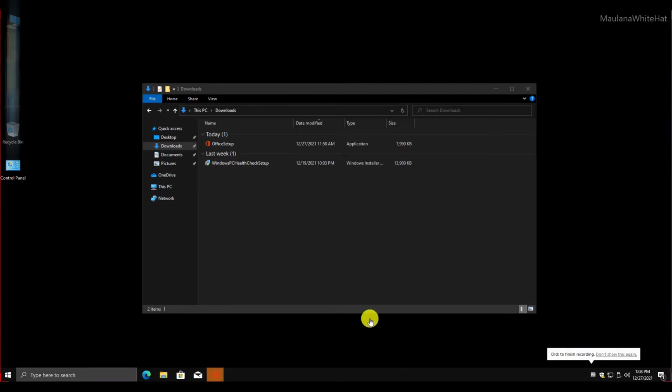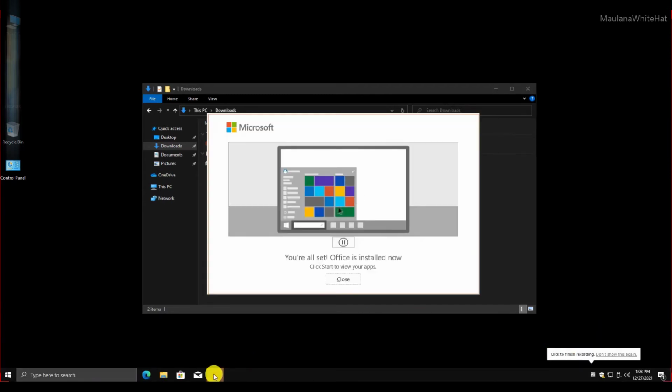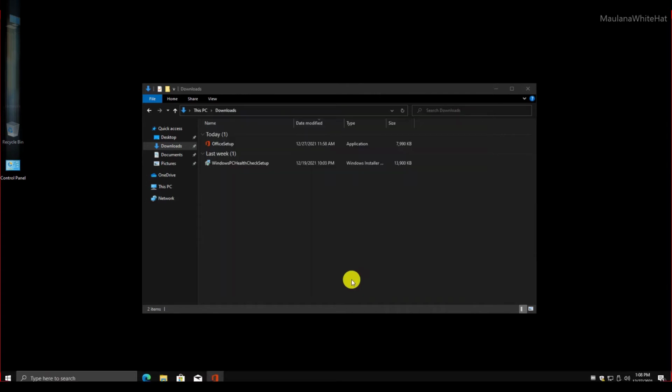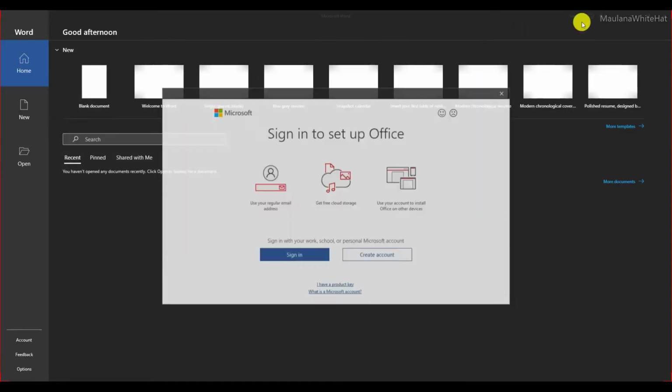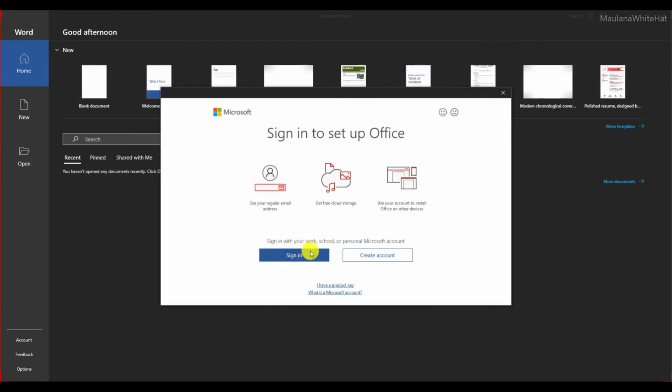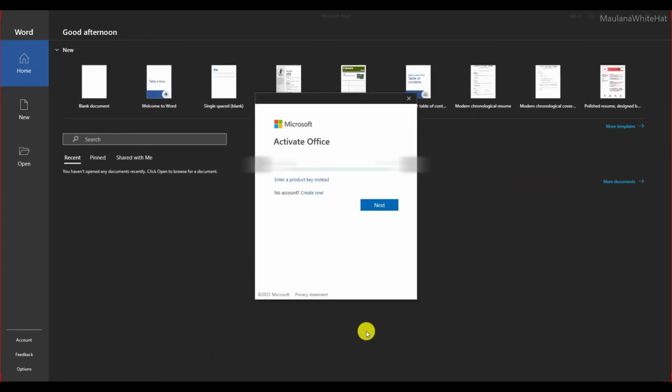As you can see, the thing has vanished, but you have a flashing Office icon here. I'm going to click the close button and now I'm going to open search and type word and click enter. From here I'm going to click sign in because I want to sign in all of my Office applications. Then I'm going to type in my email address, the same email address that you used to download this. It has to be the same email address. It can be a different email address that also has an account with Office 365, but that is compulsory, otherwise this will not work.